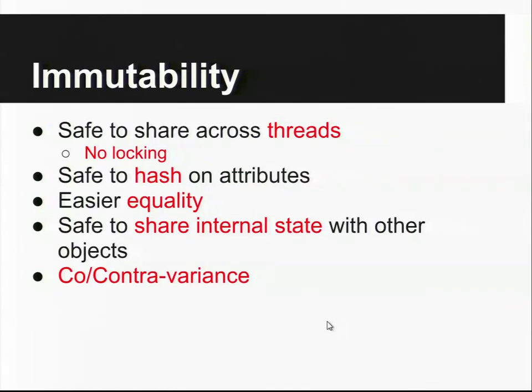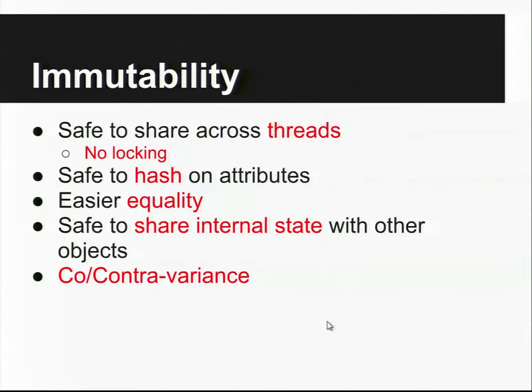It's safe to share your internal state. So one thing about Scala is we have closures. Closures can capture values inside of functions and defer them to other threads, defer them to other JVMs, because you can serialize them across the wire. If a closure is only capturing things from an immutable object, it's safe to go across threads. If you're using mutable state, you have to be careful with your closures to make sure you're not sending non-thread-safe things to other threads. That's actually, if you use Akka, a common issue that people run into before they realize how to work with closures. The final reason is it's impossible to define anything as covariant or contravariant